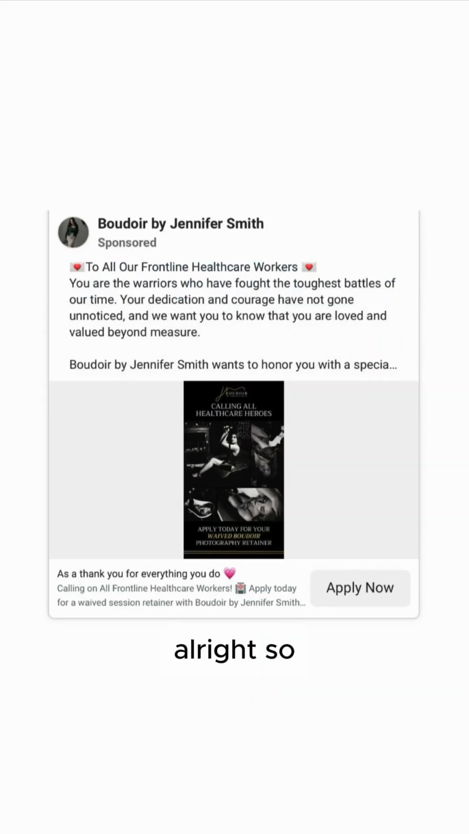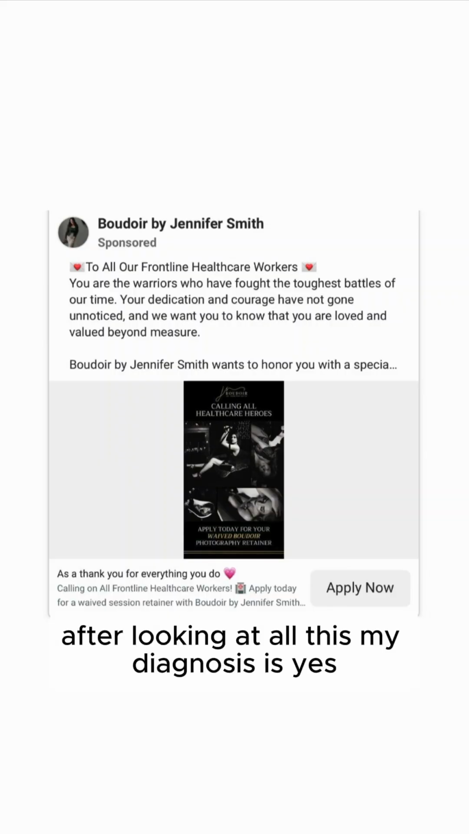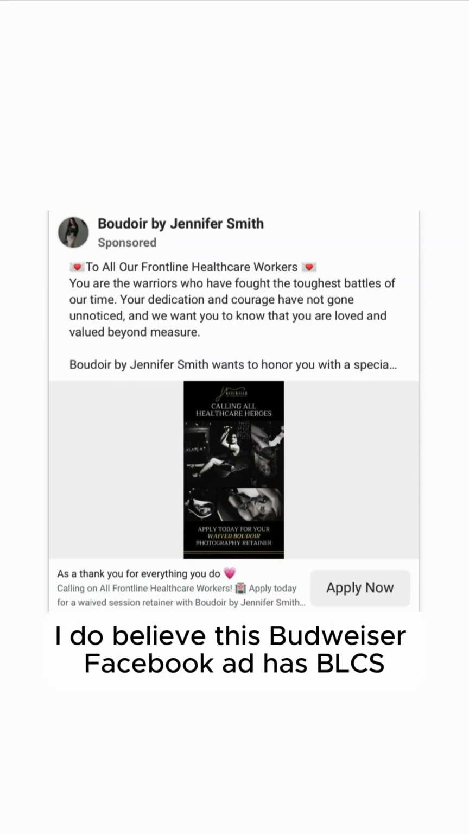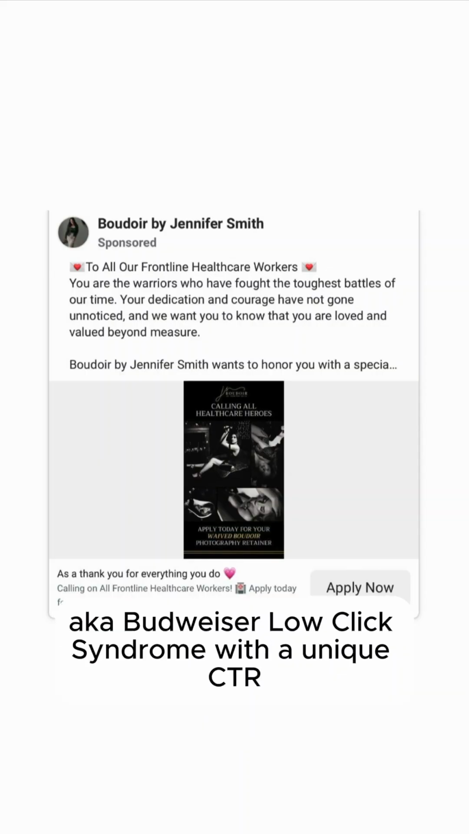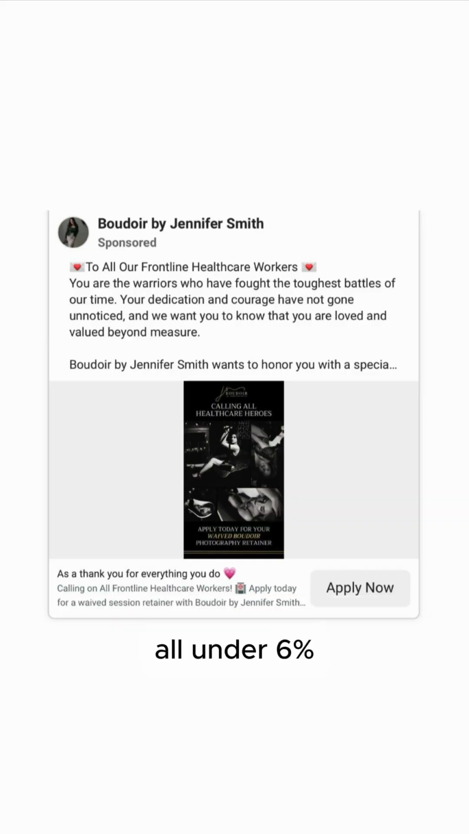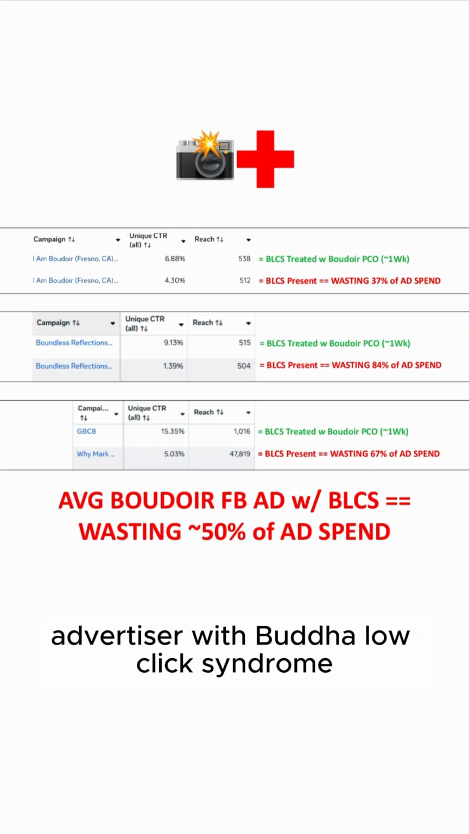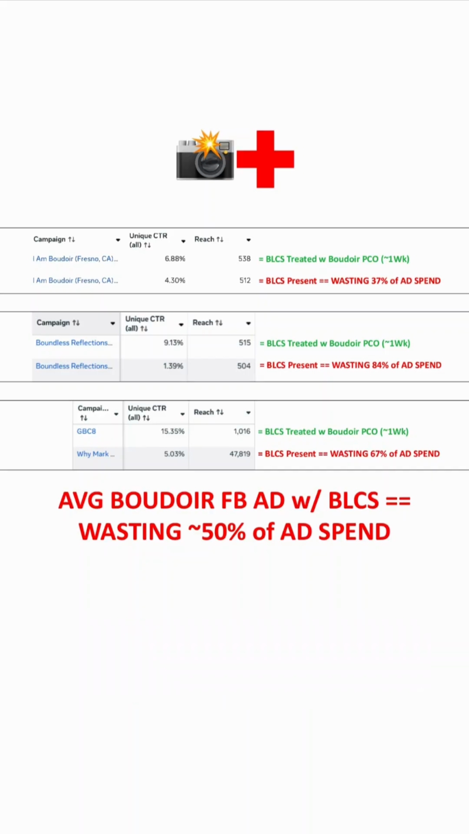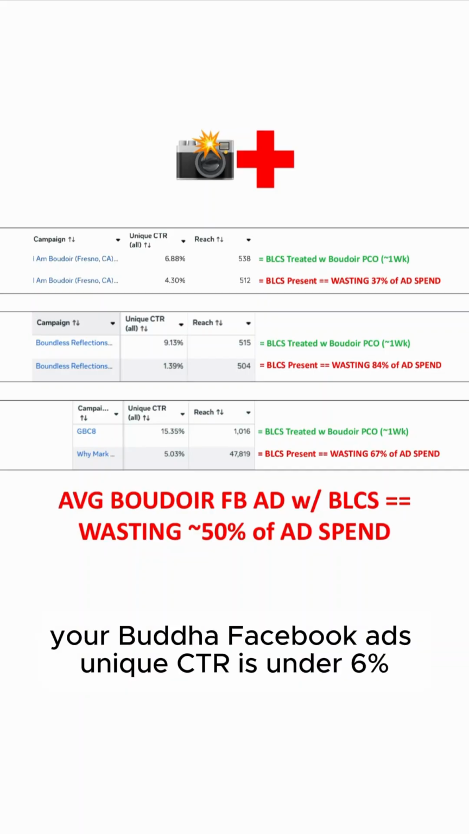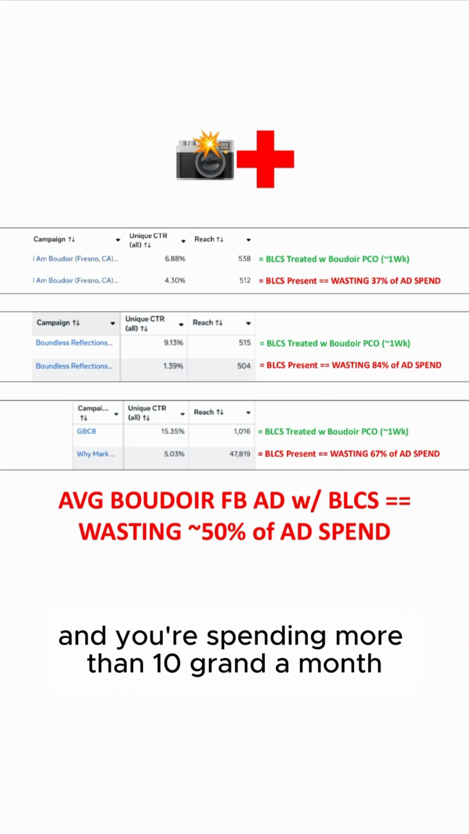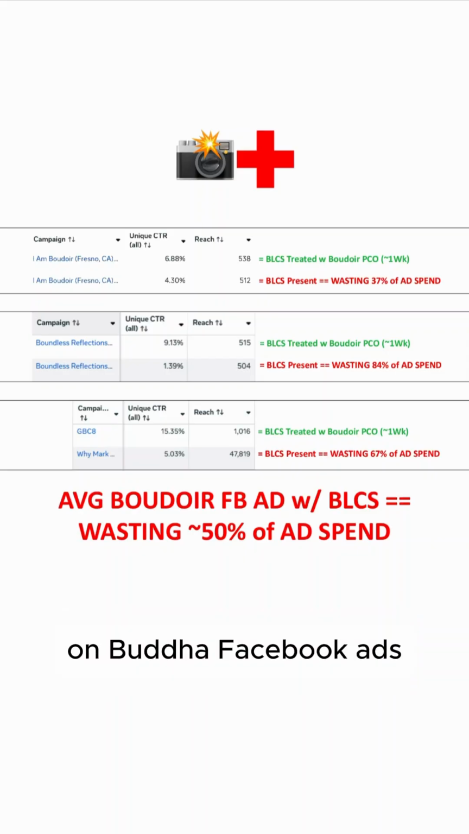All right, so after looking at all this, my diagnosis is yes, I do believe this Boudoir Facebook ad has BLCS, aka boudoir low-click syndrome, with a unique CTR all under 6%. So if you're a BLCA with BLCS, a boudoir low-click advertiser with boudoir low-click syndrome, or boudoir Facebook ads unique CTR all is under 6%, and you're spending more than 10 grand a month on boudoir Facebook ads,